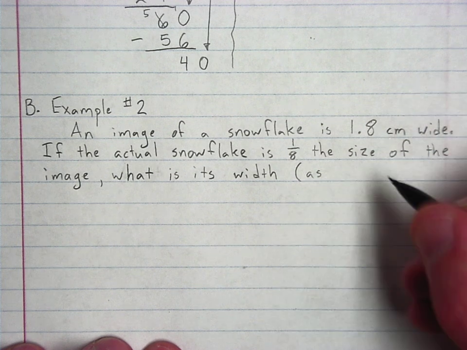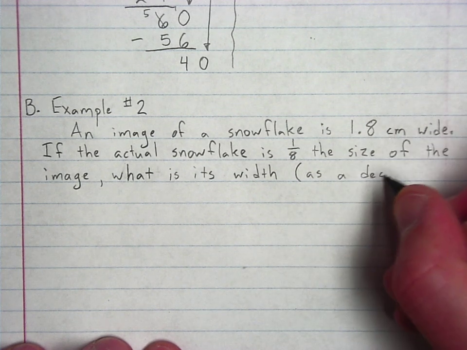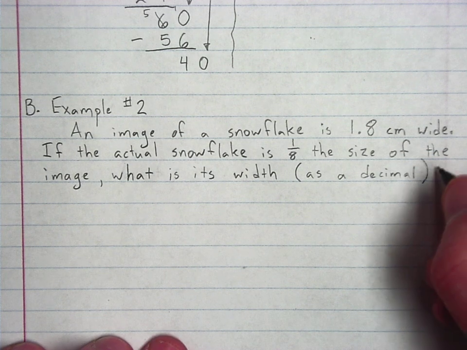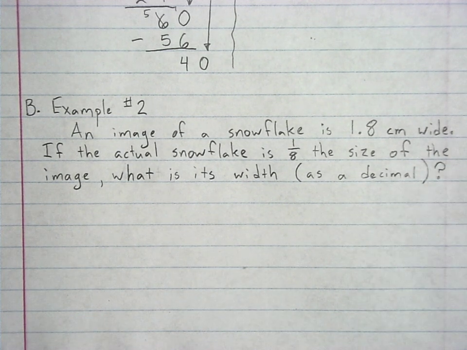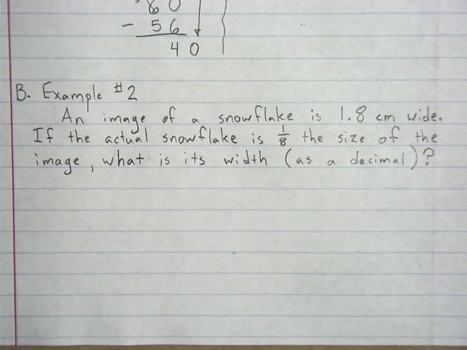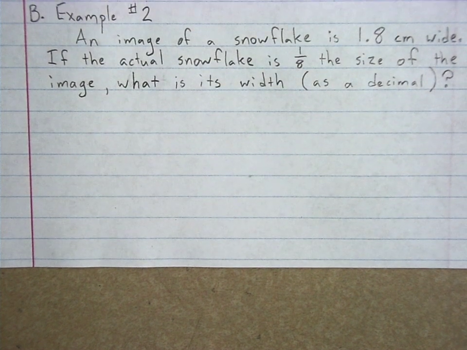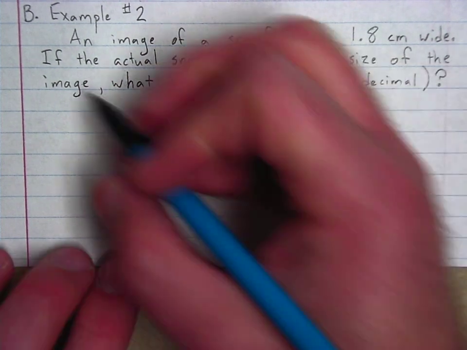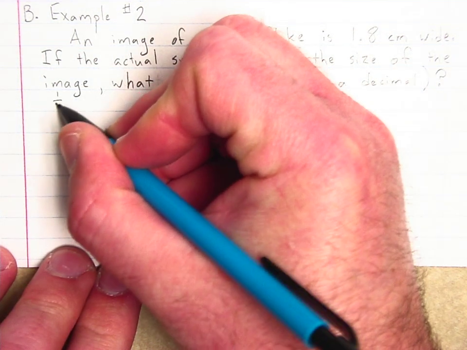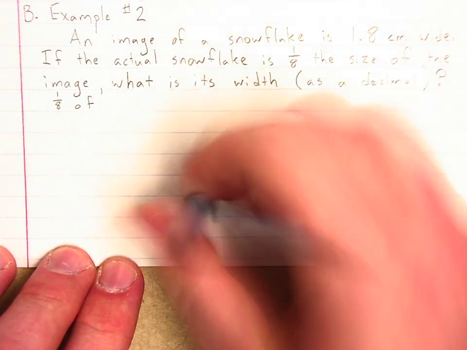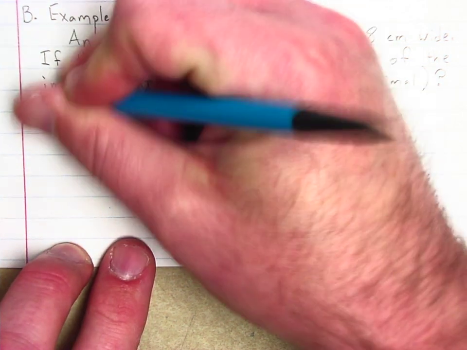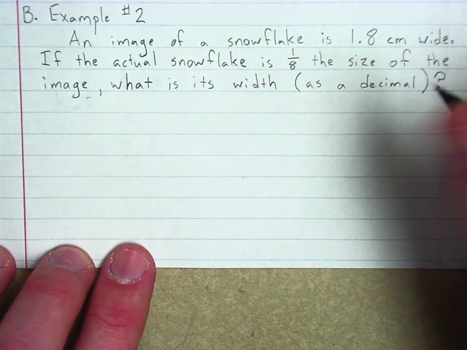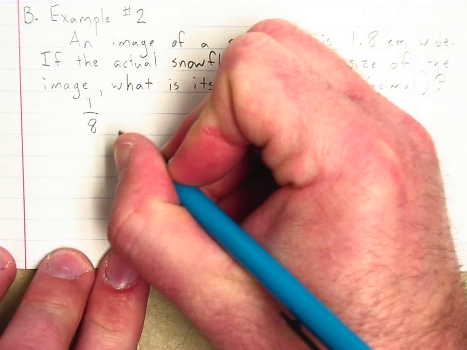Now, this time I am going to be particular as a decimal. We've talked before about how the metric system, centimeters and meters, are made to work with decimals. So for our final answer, we're going to need it in that form. Now we don't have a ton of space here, so I'm going to have to try to be careful how I fit this in. 1/8 the size of, there's another clue phrase. 1/8 of, hold on. I'm just going to try to squeeze it in for space, but let's make sure it looks like what we have up above. 1/8 of